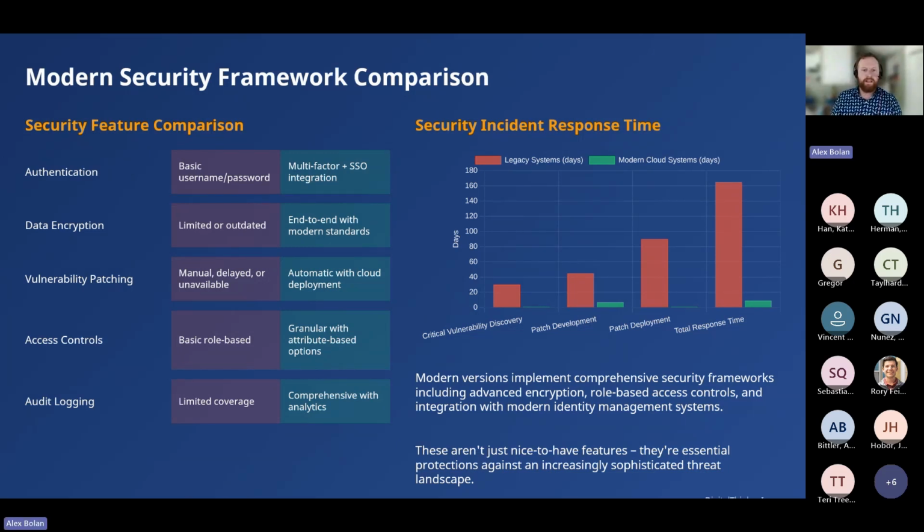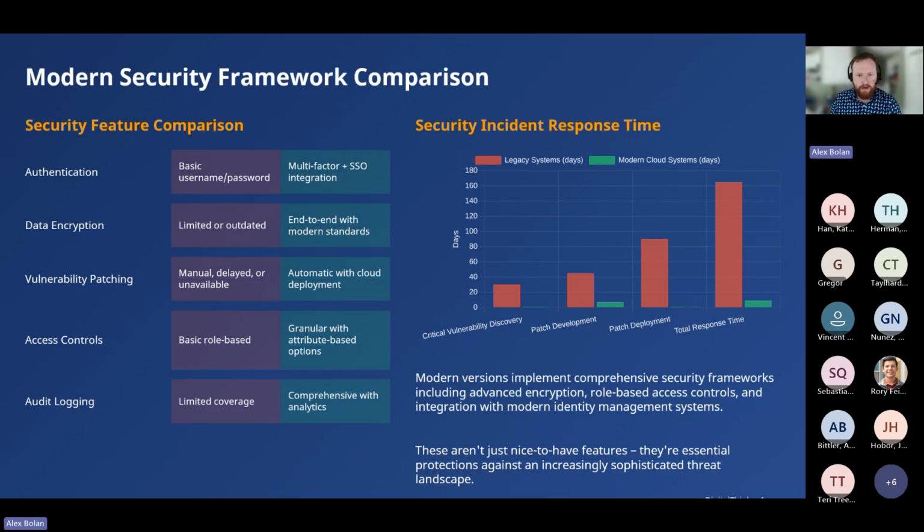Let's talk about the infrastructure obsolescence crisis. So beyond security vulnerabilities, let's talk about the infrastructure your legacy system depends on. Most organizations running version 11.7 are using SQL Server databases, which is the most common setup in our community, right? However, some are still running on Oracle databases, and both scenarios present serious challenges. So let's talk a little bit more about that.